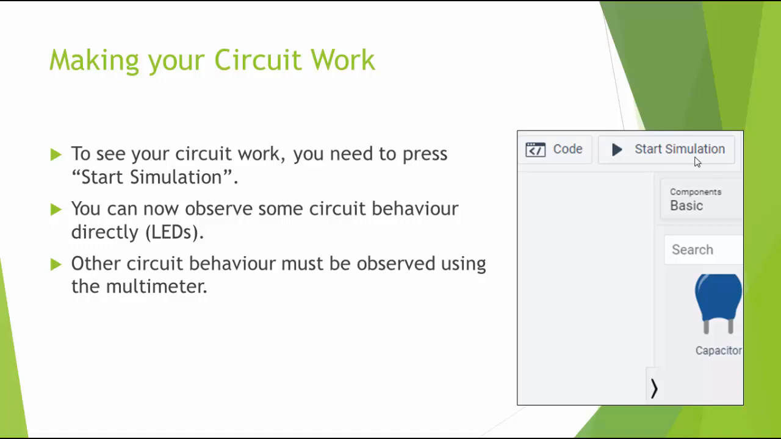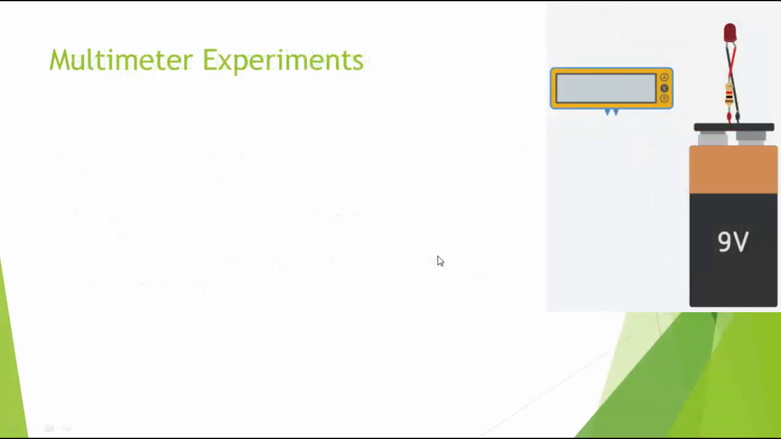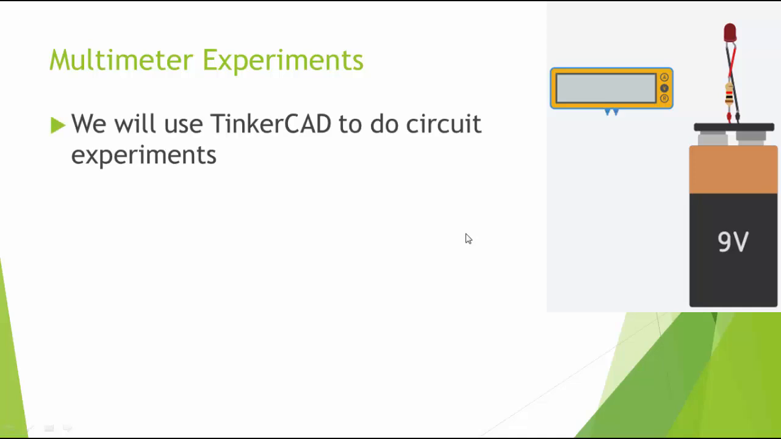Now, if you have things like LEDs, you can observe them working directly. Your LED will light up if you've wired it correctly, and you should see that with the circuit you built in the previous slide. Other circuit behavior has to be observed using a multimeter, and so you're going to be using a multimeter a lot in our activities going forward. The multimeter is simply one of the components on the right-hand side. You can drag that component in,